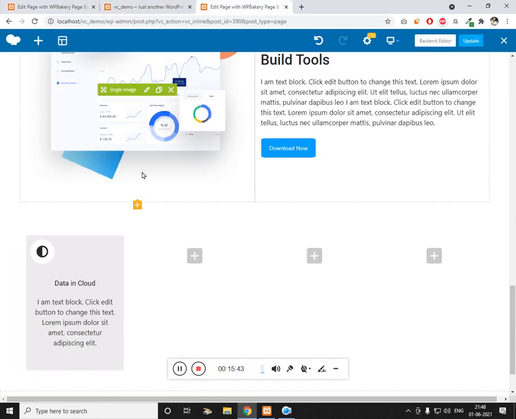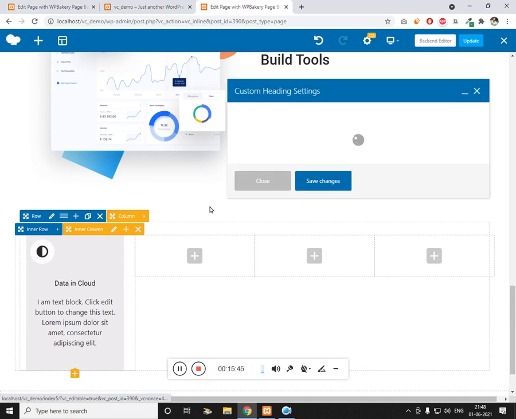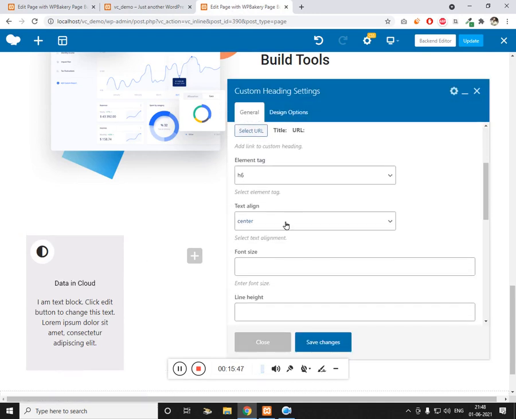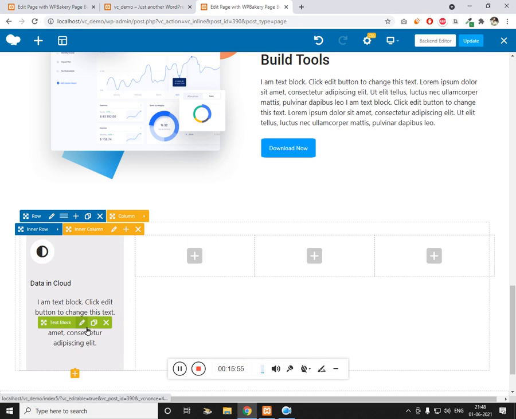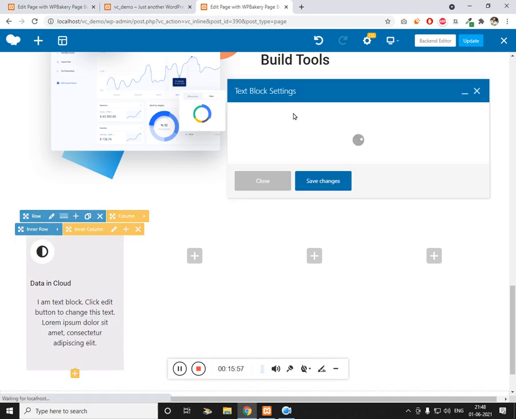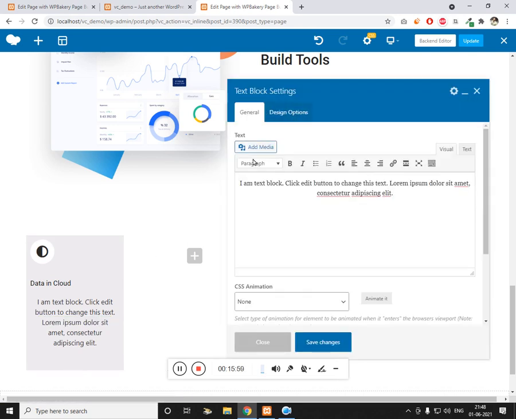And we need the text aligned left for both the elements, and let me get this and give the alignment left.